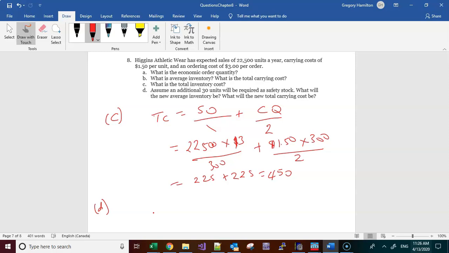New inventory would have to be the average inventory. Sorry, the new average inventory would have to be the average inventory plus the safety stock, right? So we know from B what the average inventory was, right? So new average inventory is therefore,